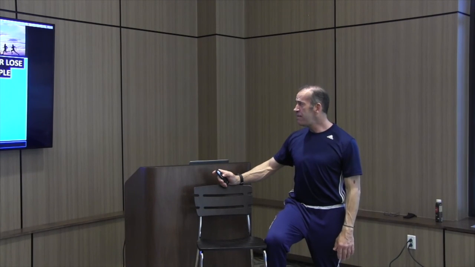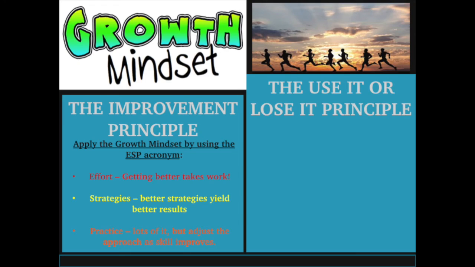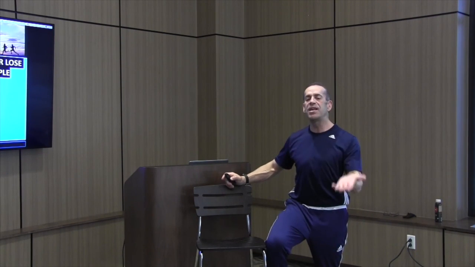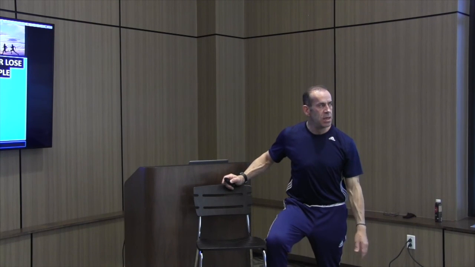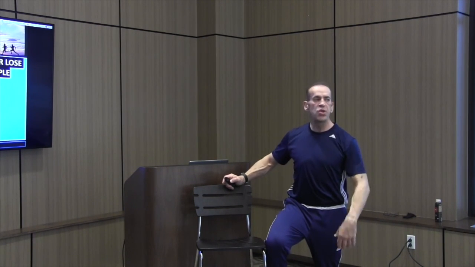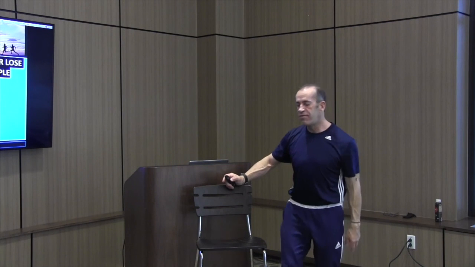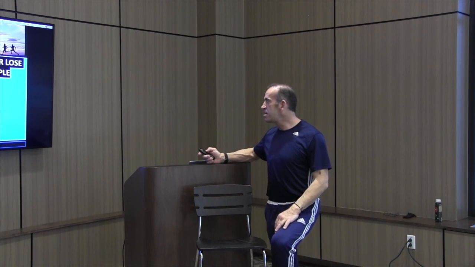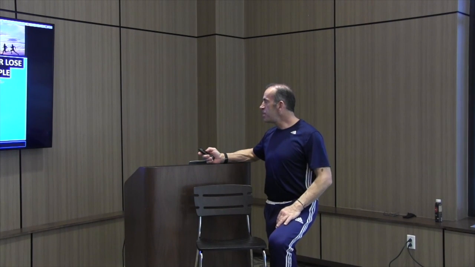And P of the ESP formula is practice. You need lots of it, so start early. Develop skill. Don't wait to introduce something. Expect that it'll take longer to develop the skill than you realize. Expect that you'll have setbacks. Expect that you might have to start over with a new strategy because it just didn't work. But don't wait till the last minute to introduce a certain type of training and expect it to yield magic results that'll help your 5K or marathon performance or whatever. Okay? ESP: effort, strategies, and practice. Use it or lose it principle means that you need